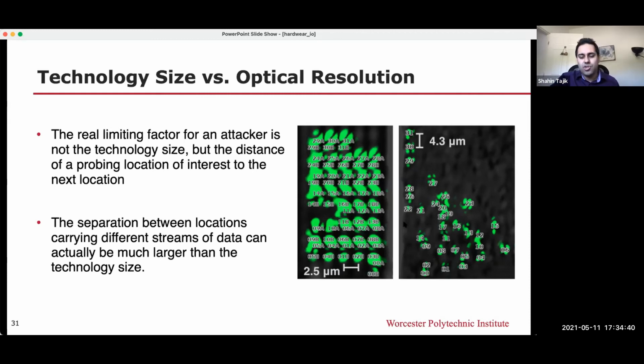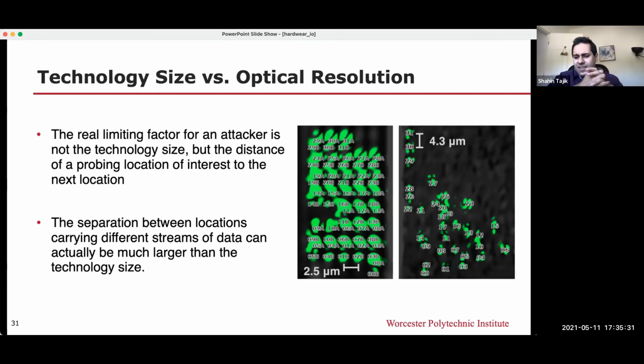This image, obtained from the Xilinx Kintex 7, which is manufactured with 28 nanometer technology, clearly shows that it doesn't really matter what the technology of your chip is. The main factor that enables us to probe the data is the distance between the probing points. You see that the distance is on the order of micrometers, 2.5 micrometers, or even in some ASIC parts 4.3 micrometers, which is very easy for us. Even if our resolution is bad, as long as these points are far apart from each other, you can start probing this data. I should also mention that even if you have a bunch of transistors very close to each other, but they are all switching with the data together,